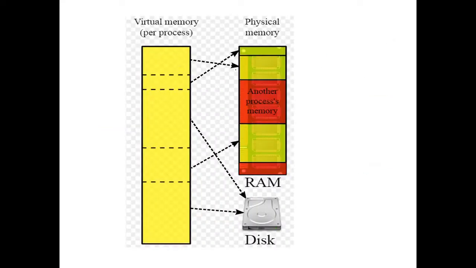So this is the diagram. This is the process data, and the process data is divided into pages: page 1, page 2, page 3, page 4, like this. Only some of the pages which are needed are placed inside the main memory. You can see this page is stored inside the main memory, and the pages which are not needed are stored in the disk. You can see even this is stored in the disk, and when they are needed, those will be sent to the physical memory.